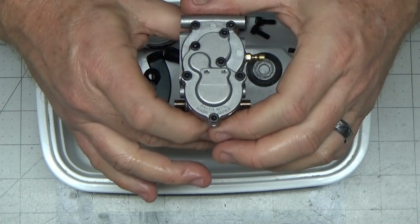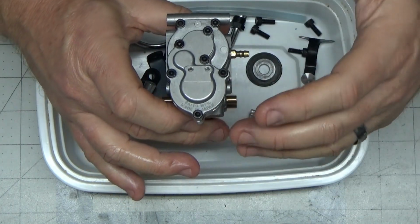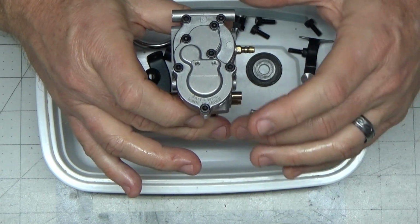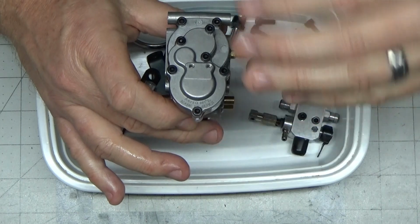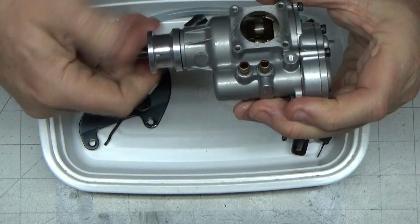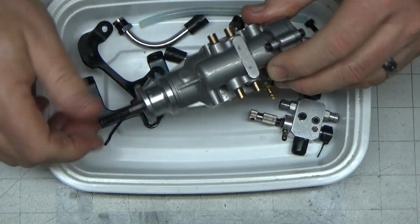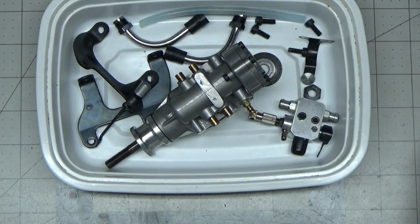These boxer engines, every boxer engine I've ever had, the Magnum, the OS, this one, are the absolute simplest engines there is to time. I mean, they have timing marks. You just line up the timing mark on the gear with the case and boom, you're done. It's just incredibly simple. So this engine is timed and ready to go, and it's ready for me to start reassembling it. Now, whether I actually feel like doing that tonight or not, I don't know. But I did want to go through